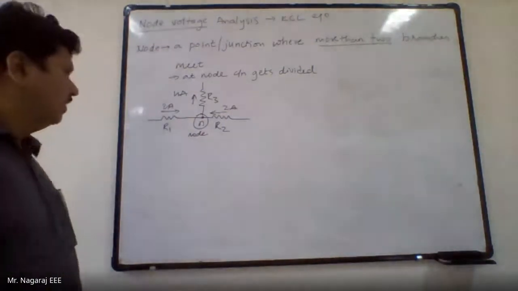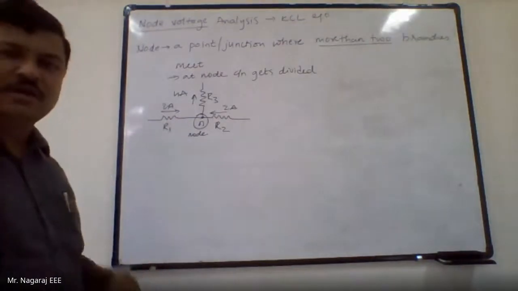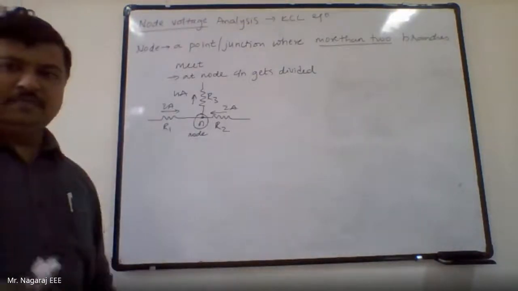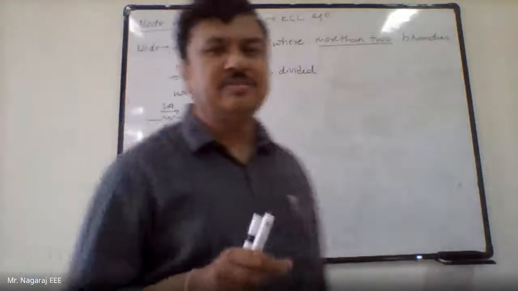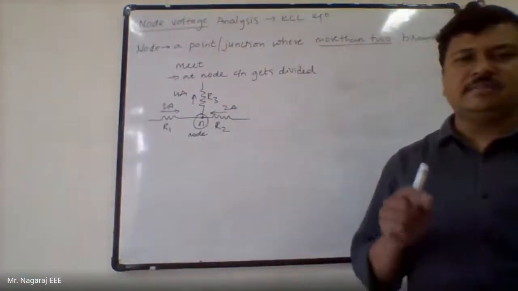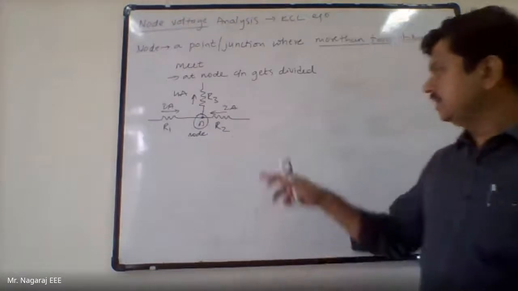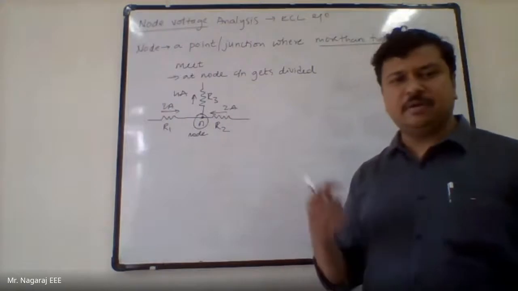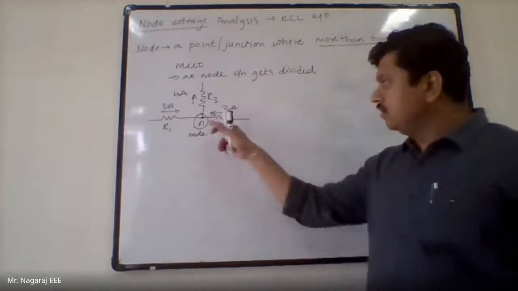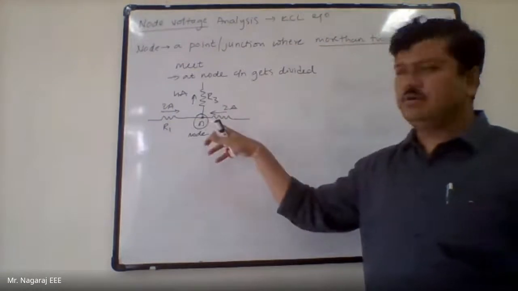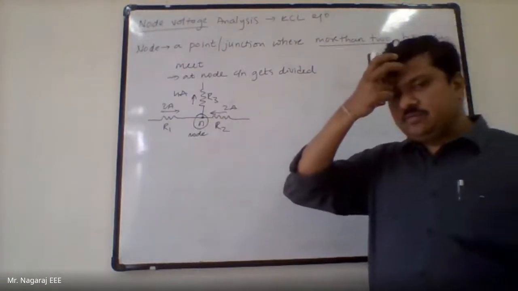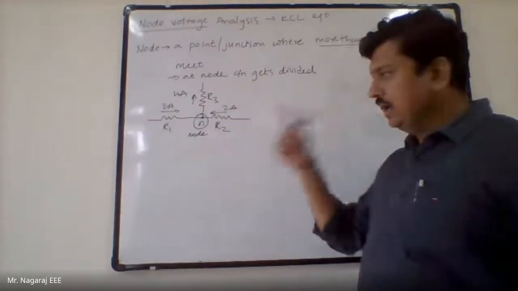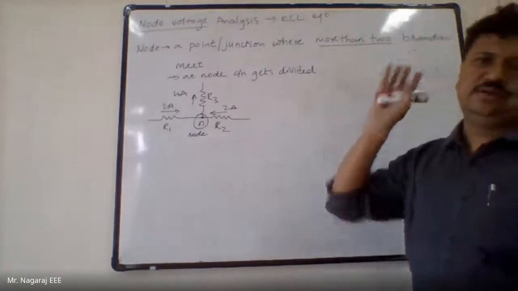And at the node we know that current is 0, but voltage exists. We know the node is characterized by voltage. A branch is characterized by current and the drop. But a node is always characterized by voltage, while a branch is characterized by both voltage and current. Why is a node characterized by only voltage? Because current at a node is 0. As per KCL, the algebraic sum of all the currents at a junction is 0. Therefore, a node is always characterized by only voltage. Hence, it is node voltage analysis.